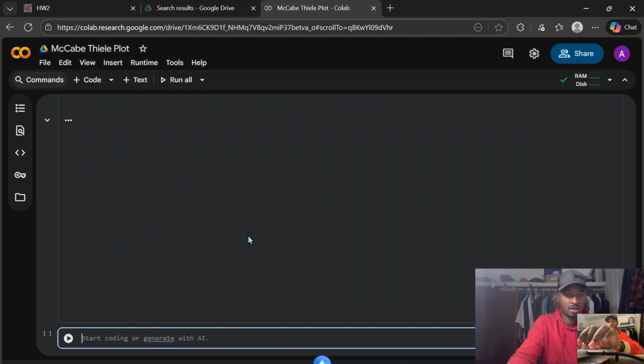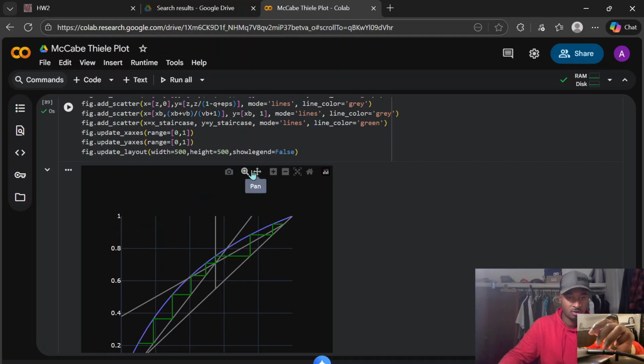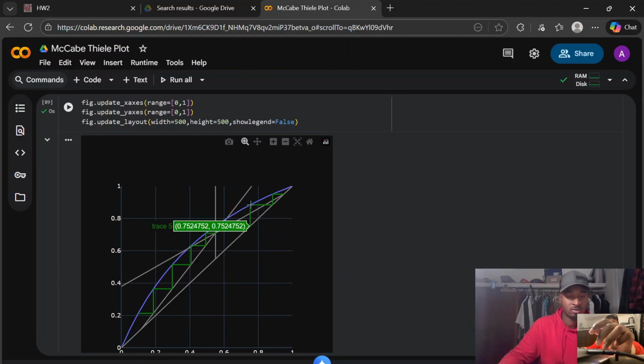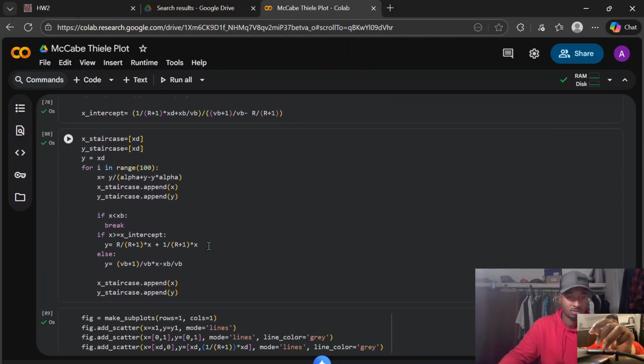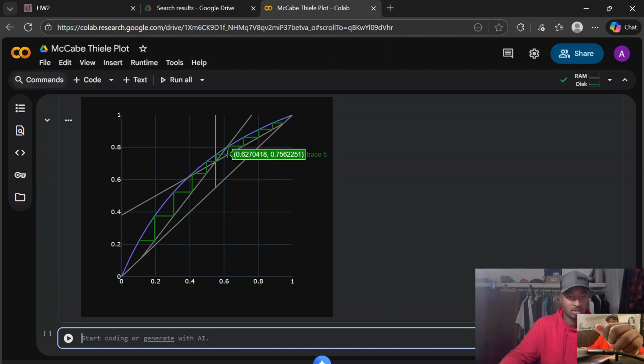I was just putting X, and you can see the steps were not following the operating line for the rectifying section. So I added the D there, and we were able to get this beautiful plot of our McCabe-Thiele diagram